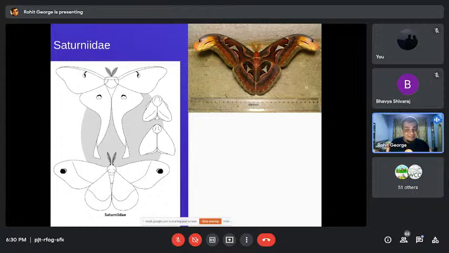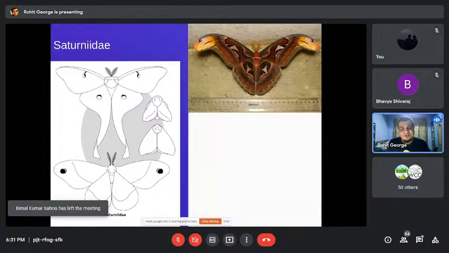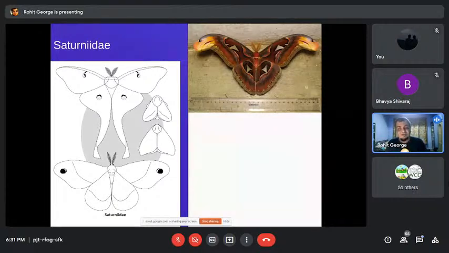Again, this is the largest moth in the world. It's something which is breathtaking. You see this moth and it is very, very impressive. This entire family is normally found around forest areas. I believe someone had recorded one of these species from somewhere south of Bangalore as well. But these are relatively rare species. They are found all over India, but they aren't found in large numbers anywhere.